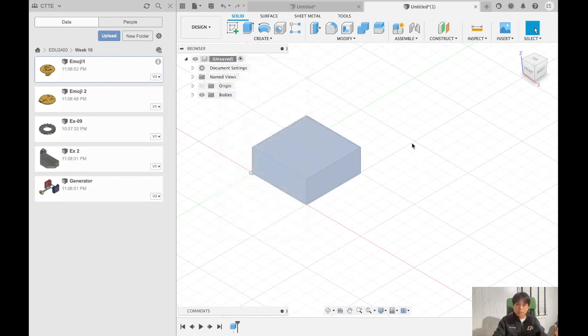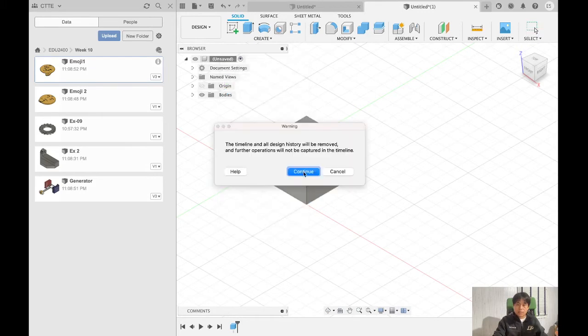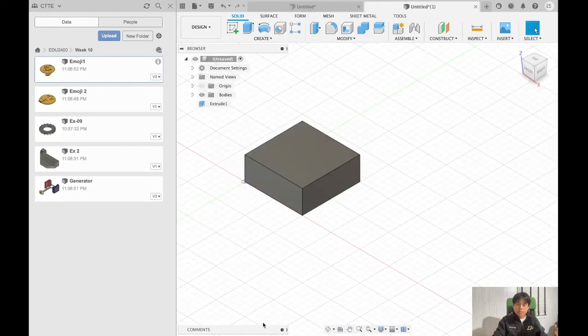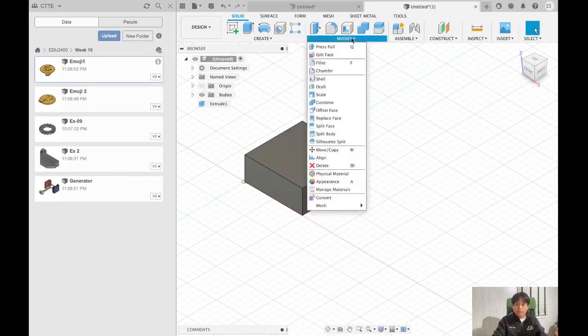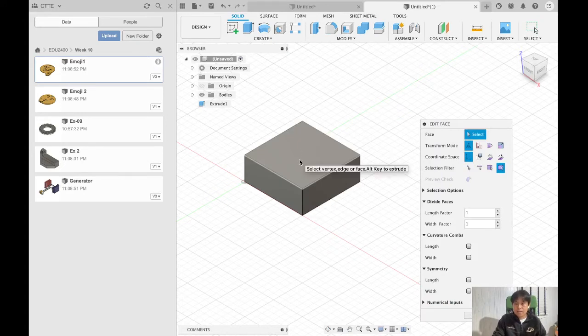So I repeat this again. If you go to the menu here, and then mouse right click, and then click this do not capture design history. Then as you see, the design history disappeared, and now you're ready to edit your face. So you can find the menu by modify, and then find edit face. So here, edit face. Okay, and then select the face you want to edit, and if you click, that appears